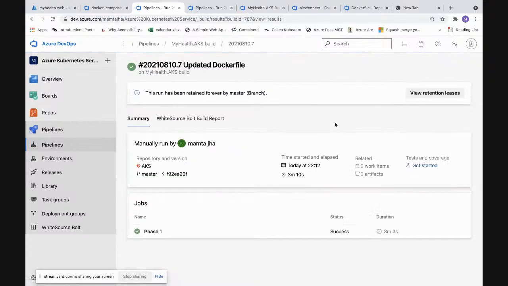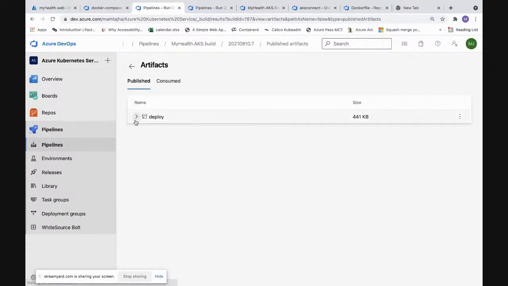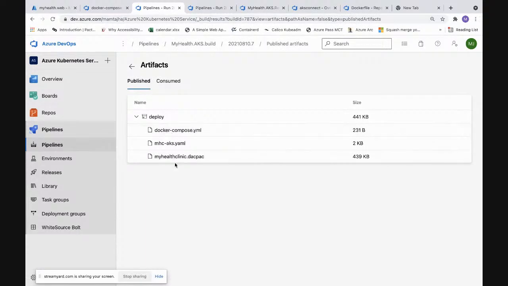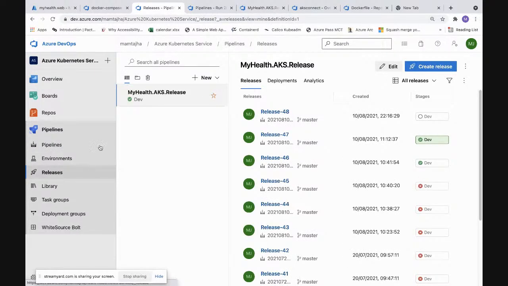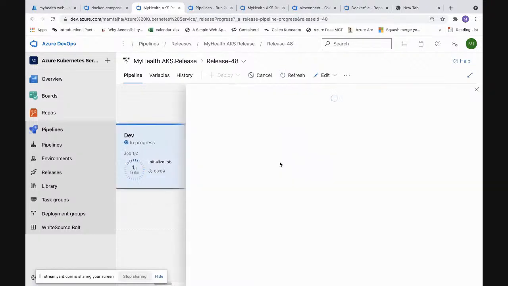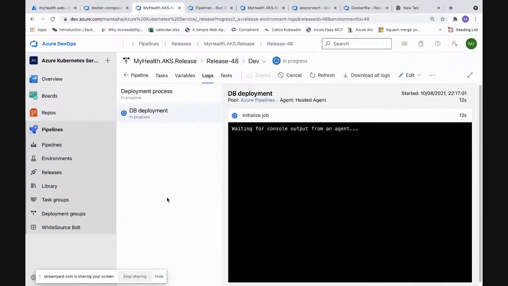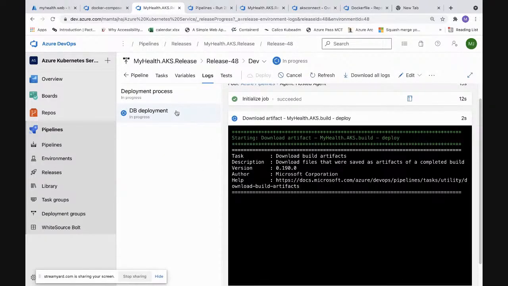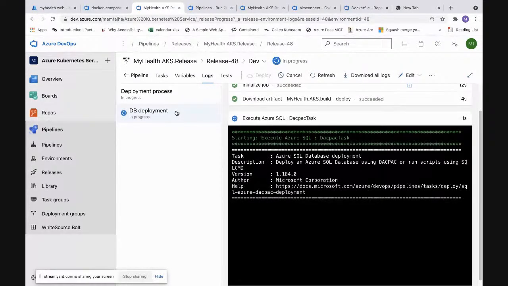Everything is showing up green and you have a build published in this pipeline from where the release pipeline will pick up. Because we had enabled continuous integration, the continuous deployment trigger has also happened automatically. We had told it whenever there is a successful build, continuously go ahead and deploy it. It is doing that. You can look at the logs by clicking on this. It will first do the DB deployment task, and after that, the AKS deployment task in which it would deploy the application. So I'll let this continue.